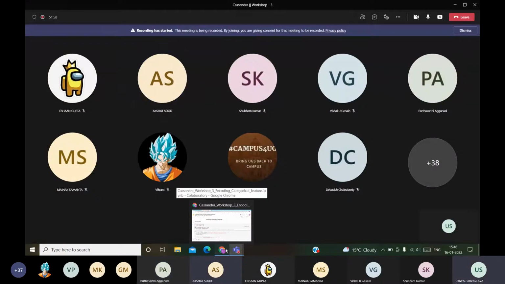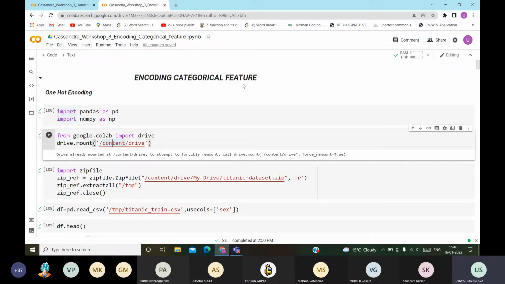Yeah. So okay, now let us begin with how we will deal with categorical features. Basically, the machine will not be able to understand the different categories. It basically deals with numerical values. So how will you convert the categorical features and how will you deal with them? Now let us come to that. Encoding categorical features. First one is one hot encoding.